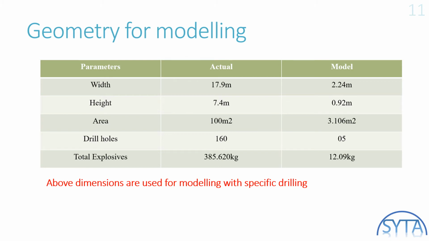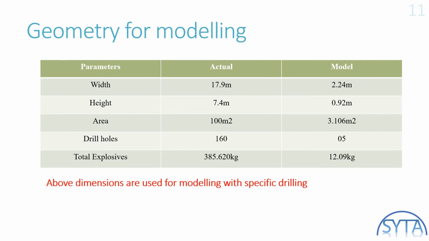The geometry for the modeling. In the geometry for modeling, the parameters considered are width of the tunnel, height of the tunnel, area, drill holes, and the total explosive used to break the rock inside the tunnel. In actual, the width of the tunnel is 17.9 meter, the height of the tunnel is 7.4 meter. Similarly, the area of the tunnel is 100 meter square, the drill holes are 160 in number, and the total explosive used to break the rock for the excavation of the tunnel on the actual site is